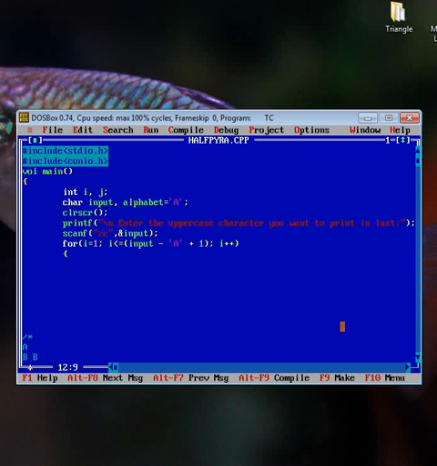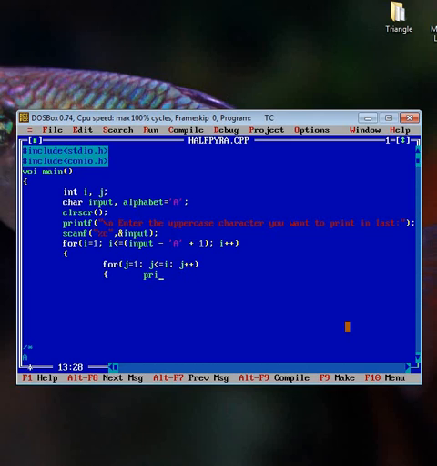Now the inner loop: for j equal to 1, as per the previous program, j less than or equal to i, j plus plus. So this is the inner loop, and in this program we want to print the alphabet.